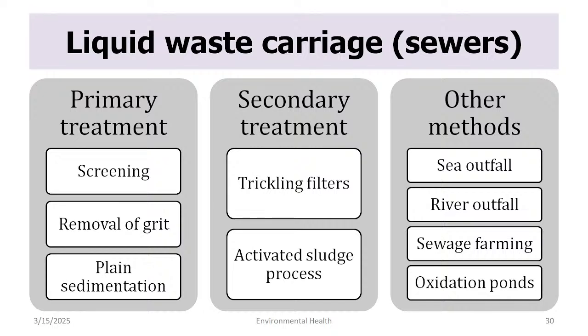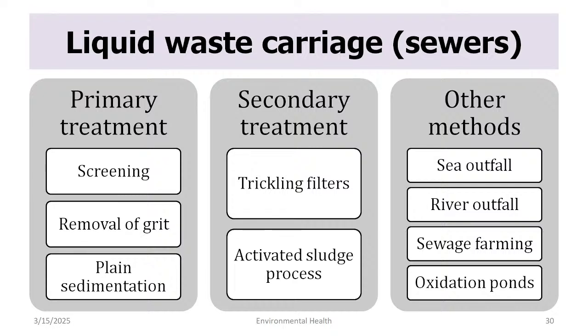If we have to talk about sewers, what happens in a sewer area depends on what kind of treatment can be applicable to the colony or the premises, maybe a hospital, maybe other areas. So simple primary treatment means things like screening, removal of grit or plain sedimentation, simply that, and flush into the main pipeline. Or secondary treatment simply by having a trickling filter and activated sludge process, because everything takes space and money, and other methods also. So we have this entire thing at AIIMS Bhopal. Other hospitals now are supposed to have it. I'll show you why and through which guideline. And there are other methods also.